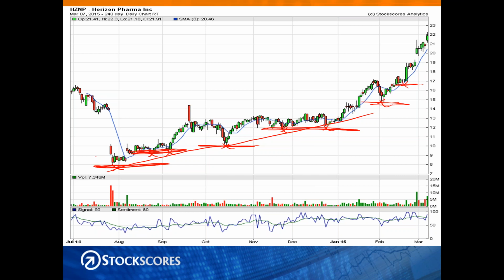Now what does it represent? Well, in this chart, the lowest price that anyone was willing to accept for this company was about $8 a share. What that meant is that the people voting in the market every day, the buyers and sellers, did not think that this company was worth less than $8 a share. So they looked at all of the fundamentals of the business. This is a drug company. And they said, based on everything we know about this company in this time frame, which was about a year, we don't think the stock is worth less than $8 a share.